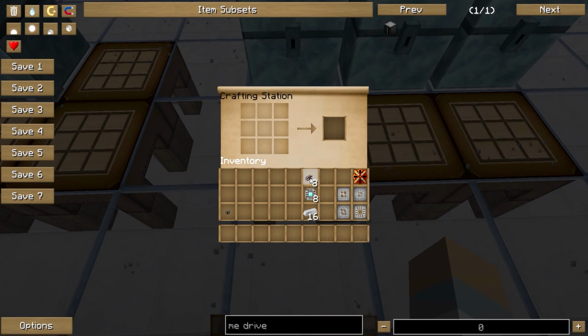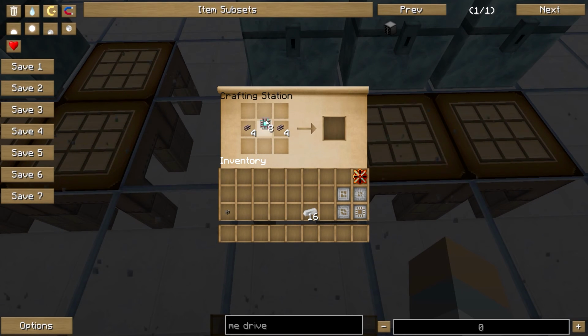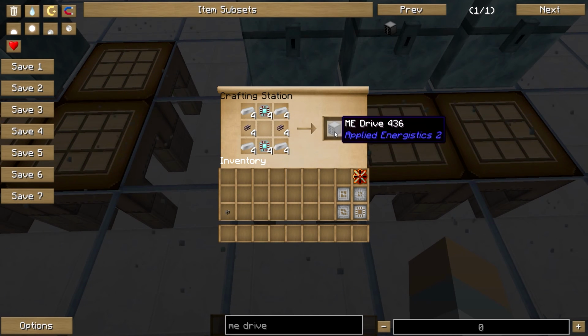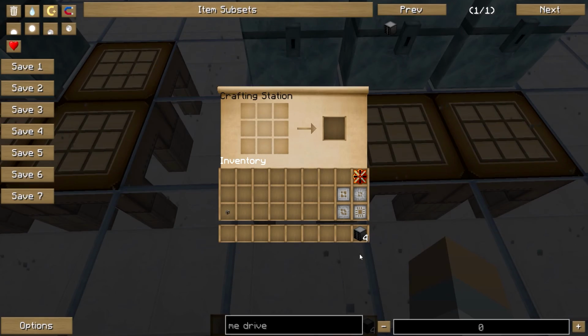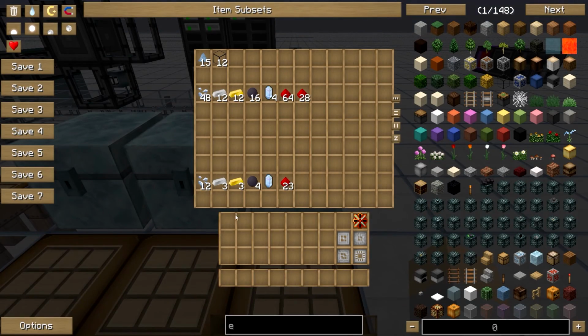Now take your ME glass cable, put those in the middle sides, take your engineering processors and put that in the top and bottom evenly. You should have 4 in all of those slots, and then go ahead and take your iron ingots and make sure there are 4 in all 4 of the corners, and then go ahead and take out all 4 of your ME drives. Now we're going to move on to the hardest part of this entire process, which are the